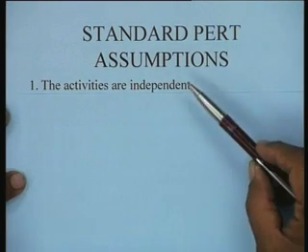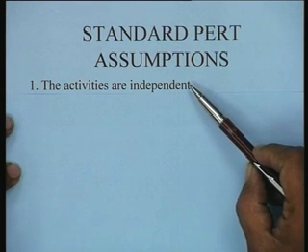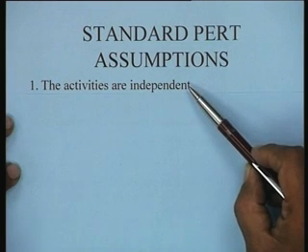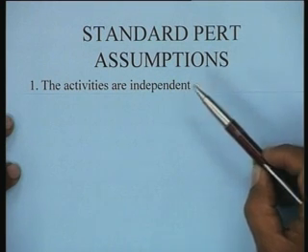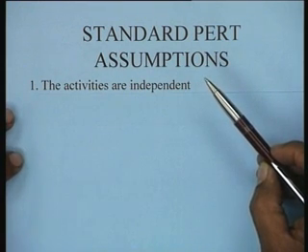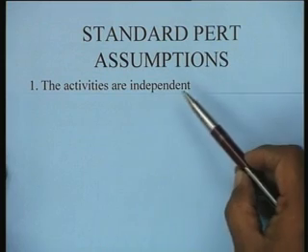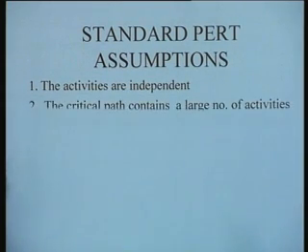The activities are assumed to be independent. This is one thing, so that the activity times corresponding to each activity are independent random variables. This may not be so. The activities could be correlated. That means if there are favorable conditions in real life, they could be favorable for all activities, or they could be favorable for some subset of activities, which means that there is a correlation between various activities. For instance, if the market is favorable, it is quite likely that all the activities pertaining to sales promotion and so on will go on faster and things of that kind. So there could be correlation between various activities. But nevertheless, for analysis we assume that the activities are independent.